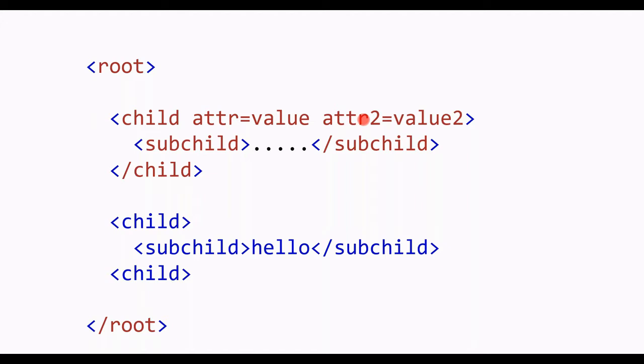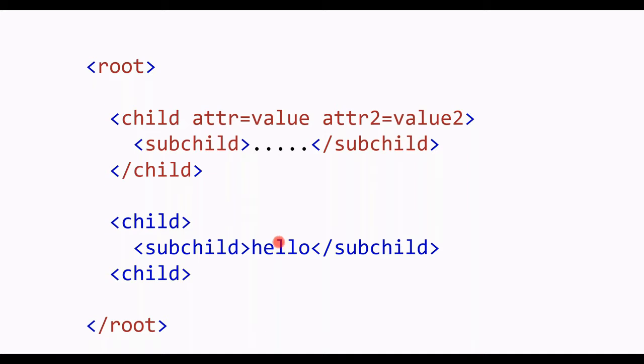For example, if you want to store book information for the Python language, you may have Python books in different languages: a Python book in Spanish by some author, a Python book in English by the same author, a Python book in French by the same author. Like this, you may have different languages. To identify the language, you may use an attribute. To identify the actual text, you write the text between the two elements. So XML finally consists of these three parts: elements, attributes and actual text.